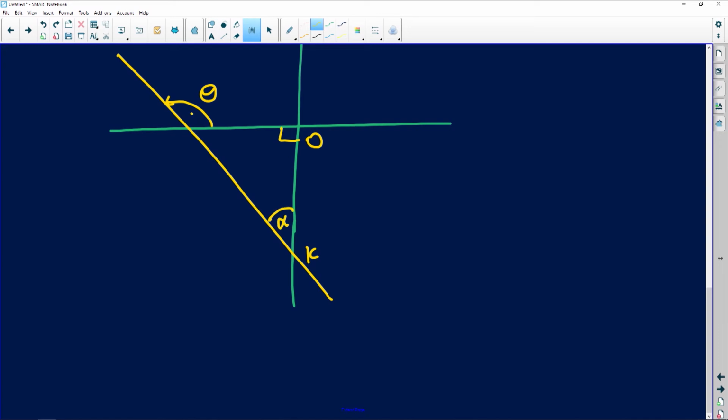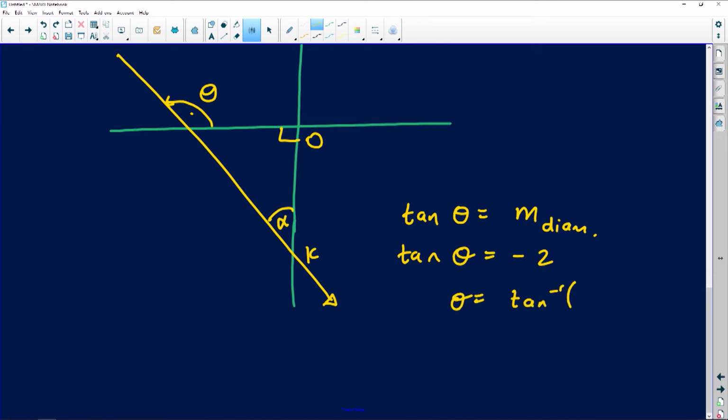But now I need to find what theta is. There's a reason why this was on the diagram. So I'm going to start by saying, first of all, the tangent of theta is equal to the gradient of the diameter, which means the tangent of theta, I'm using the angle of inclination, is -2. We found the gradient a long time ago as -2, which then means my theta will be the inverse tan of -2,